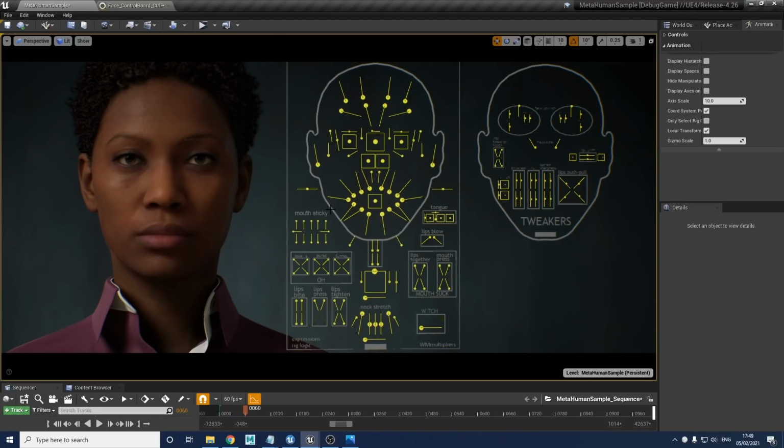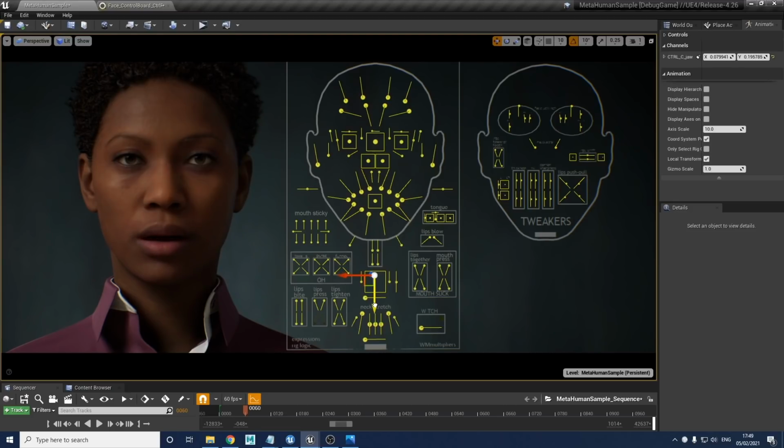And then another tweaker that I didn't talk about that is actually sitting on the main board is the mouth stickies, because you will be using that a lot, but it is a tweaker because it's high level detail. This is when, for example, your mouth opens and your lips have been stuck together. You know, when you have dry lips and they stick, and then you get that kind of sticky peel as they open. So the mouth sticky area is where you'd create your peels.